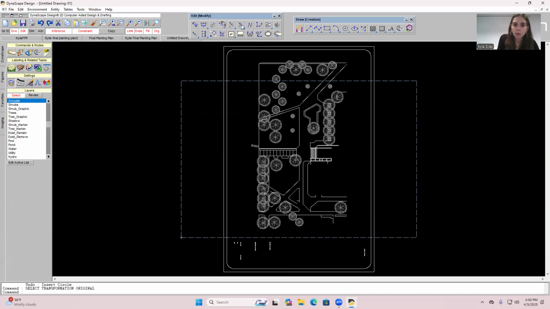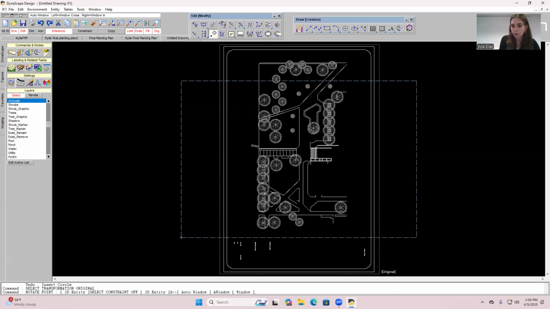Or it's just going to create a copy and then rotate my copy. So now I'm going to go to my edit toolbar. I'm going to hit this rotate button here. If I just kind of hover over it for a second, it'll tell me exactly what that tool does. Rotates object around a location. We're going to click that. Okay. Then we're going to highlight